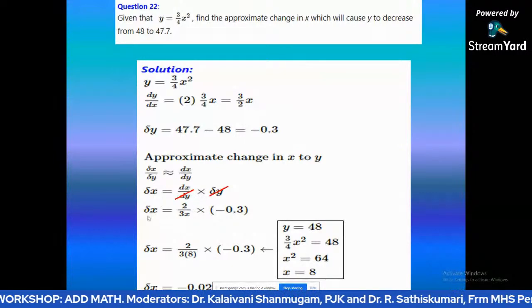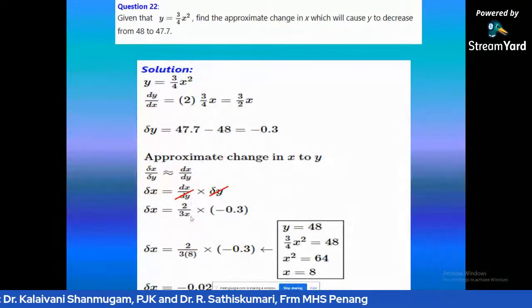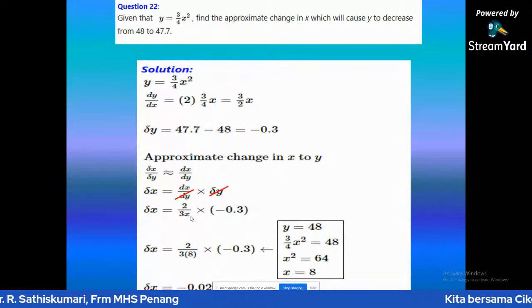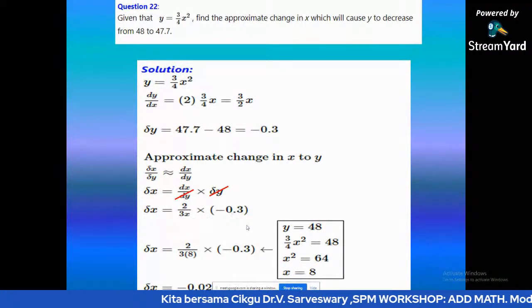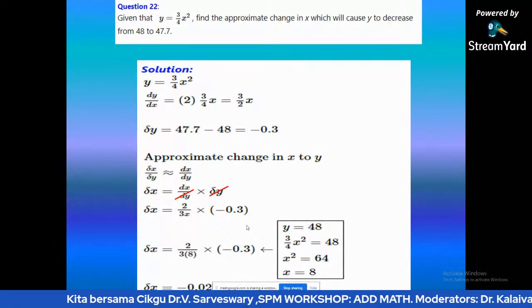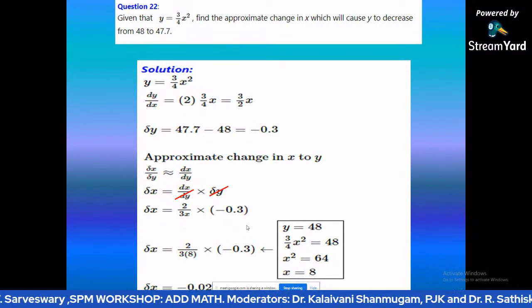So delta x equals dx over dy. You already calculated dy dx just now, so dx dy is just the inverse. 3x divided by 2, the inverse would be 2 over 3x, times delta y, which is negative 0.3. Okay. So now you can always substitute the x value, the initial value, the earliest value, or if